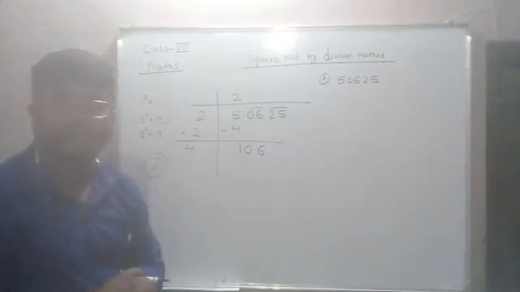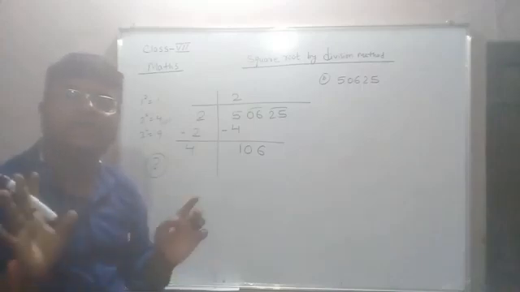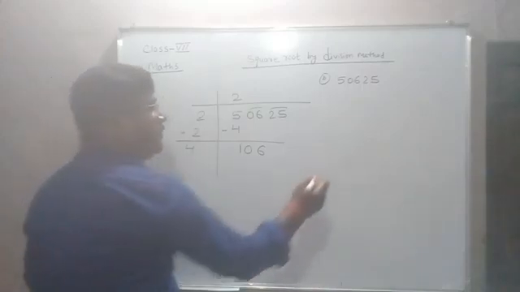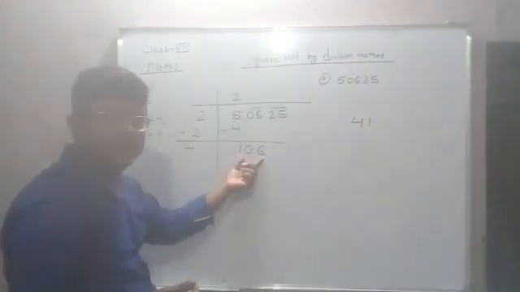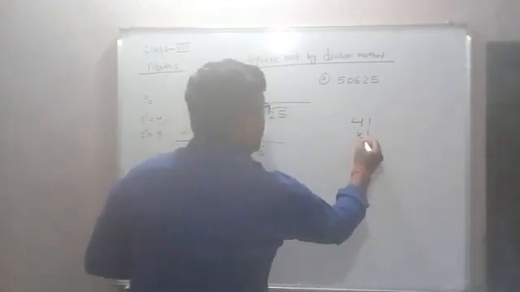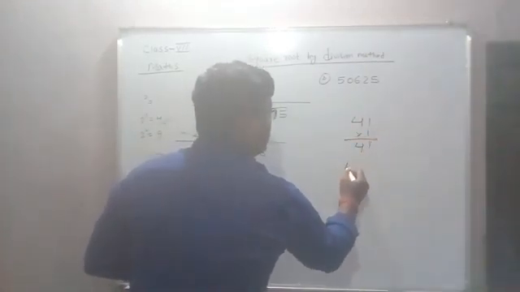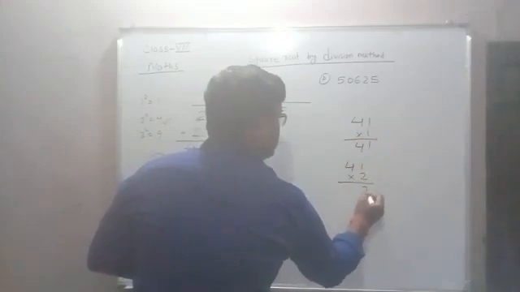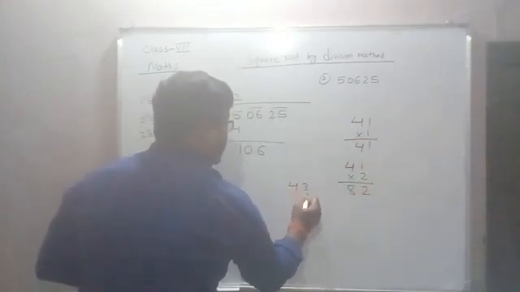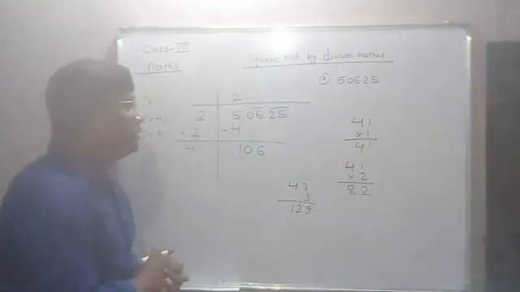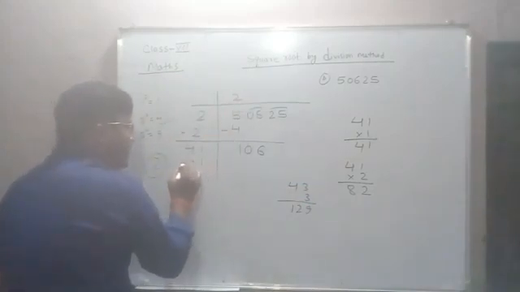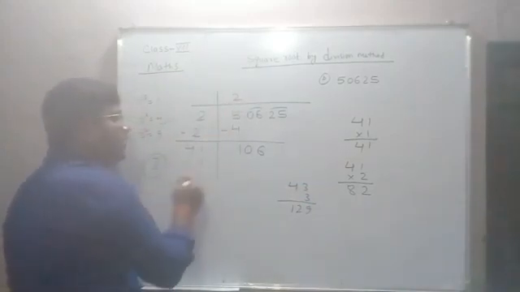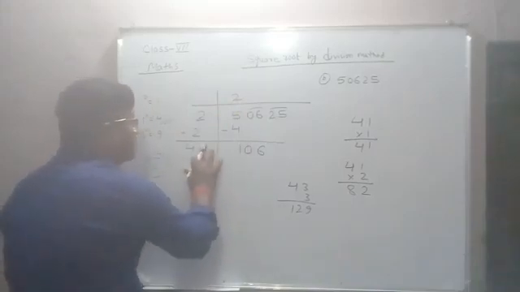Now in front of 4 we need to place a number. So what number should we place here? We can place 1, 2, we can place 0 also. 0, 1, 2, 3 up to 9, any digit you can place here. If I place 0, we will get 0. If I place 1, then 1 times 1 gives 41. If we place 2, then we will get 82, and if we place 3 we will get 129. So please see here, if I place 1 here, I need to place 1 there also and multiply, but 41 is much smaller. So I will not write 1 here.